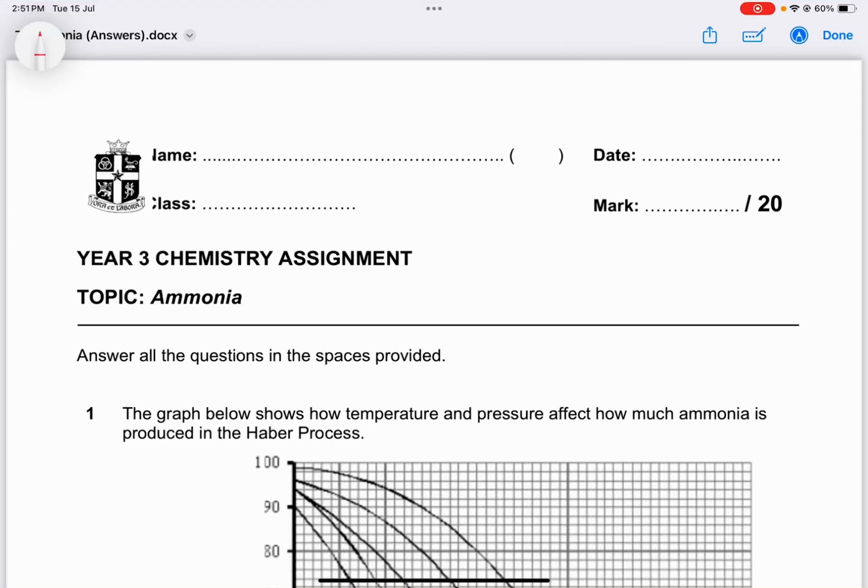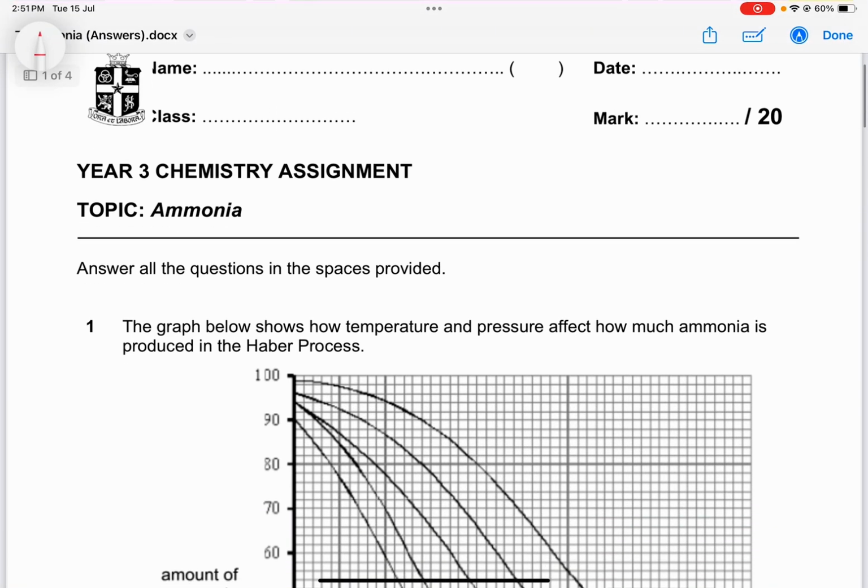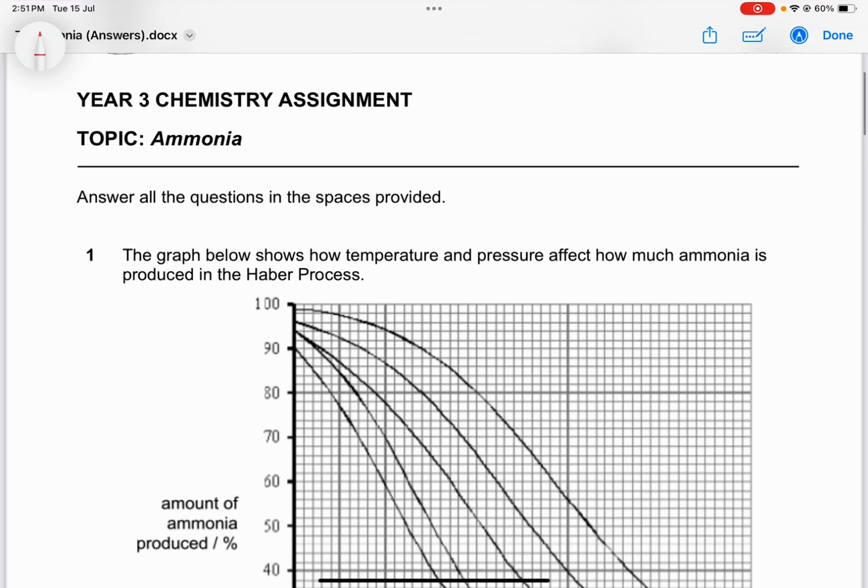Okay, so now we're going to go through the chemistry assignment for ammonia. So let's start on this. Okay, so first question. The graph below shows how temperature and pressure affect how much ammonia is produced in the